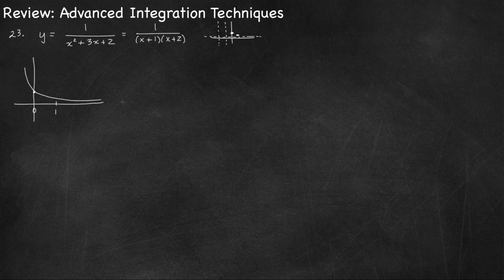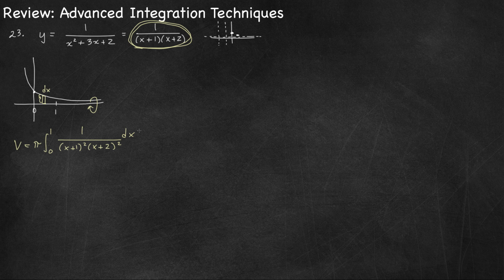Okay, so we want to rotate this around the x-axis. So it makes sense to set this up using a vertical rectangle, making this a dx problem. And our equation is in the form of y equals a function of x, so this will be easy to do as a dx problem. Our volume formula, this is disk method, it's just going to be pi times the integral from 0 to 1 of our radius squared. And our radius is this vertical distance right here. Top minus bottom is just the function minus 0. Okay, so this is our function right here in factored form, and that's our radius. We want to square that. So it'll be 1 over (x plus 1) squared (x plus 2) squared